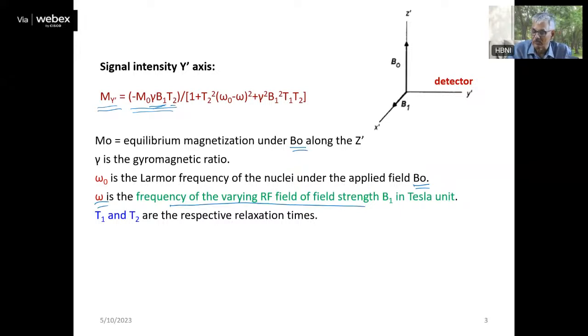Of course, this field strength also has to be expressed in Tesla, because B0 is also in Tesla. And T1, T2 are the respective relaxation times. We will not be doing any mathematical calculation, but I told you how the signal intensity